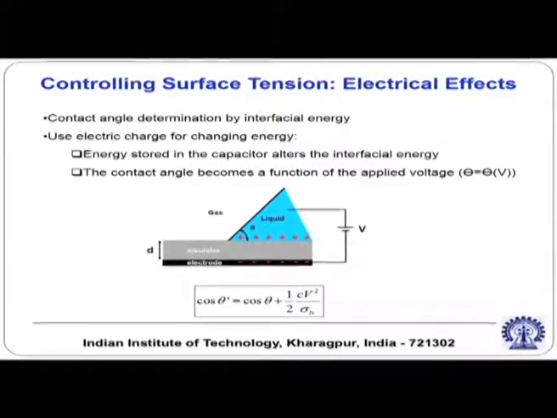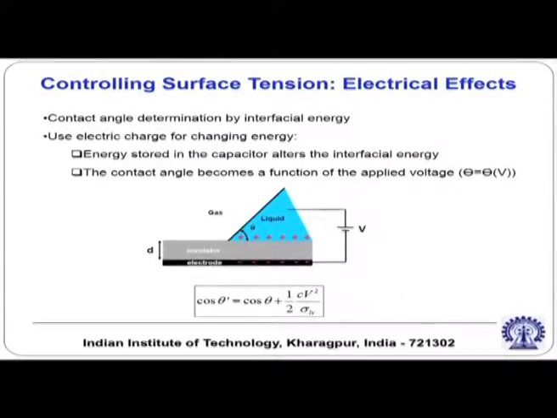What are the typical thicknesses of this? Just to give you a rough idea, a typical insulating layer thickness will be around 8000 angstrom, and a typical hydrophobic layer will be around 1000 to 2000 angstrom. These are not hard and fast numbers, just to give you a feel of the dimensions we are talking about.